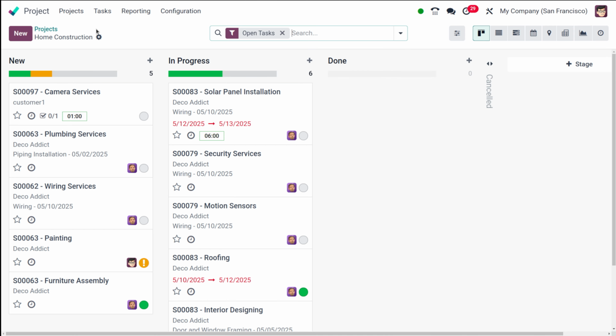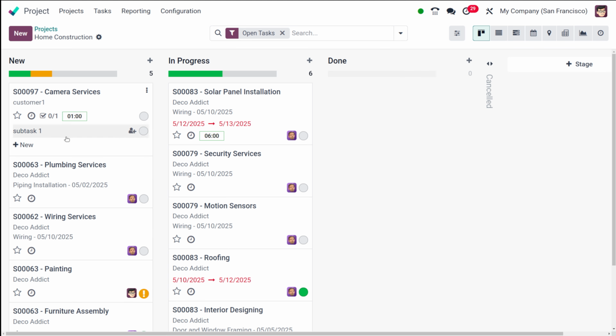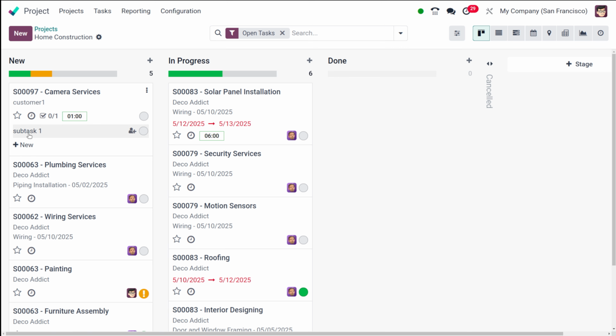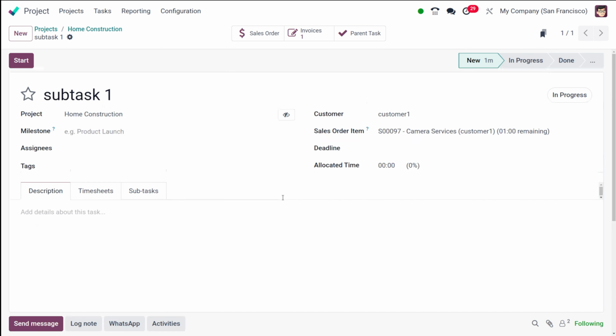Now, if you want to add or remove other editable fields in the view, click the sliders icon. This will open a dropdown where you can select the fields which you want to see and edit directly. Okay, so here you have the thing. Now from here, by clicking on the plus icon, you can actually create a new subtask, and assignees can be added over here, as well as the status can be changed from here. If it's done, then you can mark it as done from the main page itself. So if you open the subtask over here, you can see the fields.